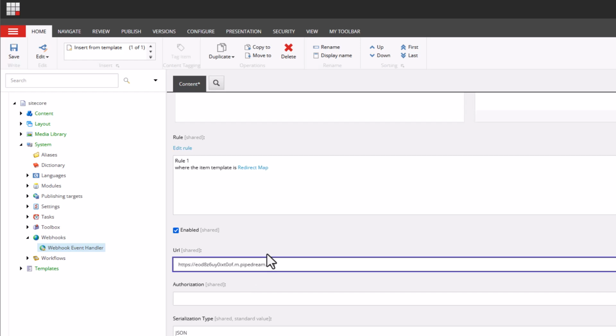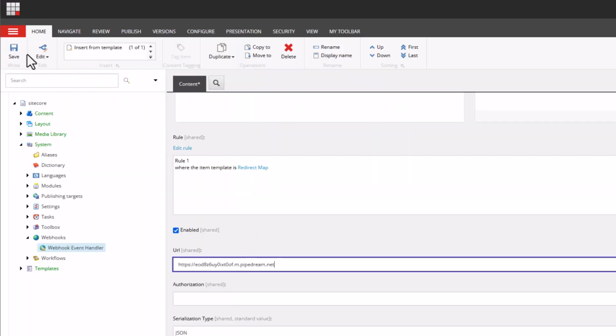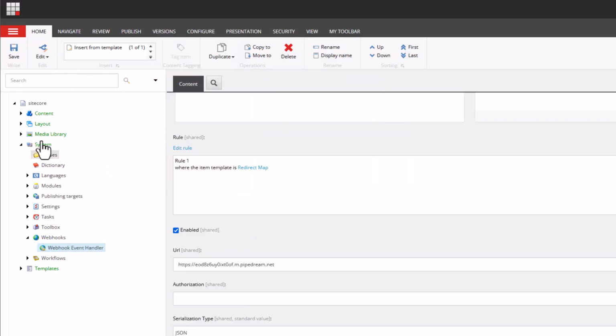In terms of the URL, you can use webhook.io, or you can use, for example, Pipedream. That's what I configured for this presentation. And this is the URL that I will use for my webhook. And then if I now save it, and if I go to